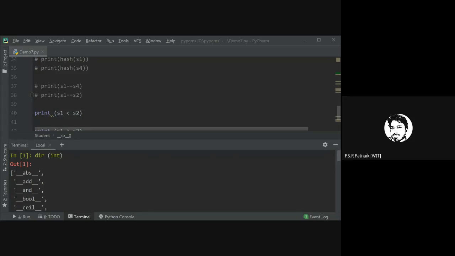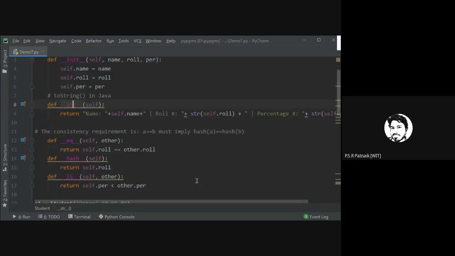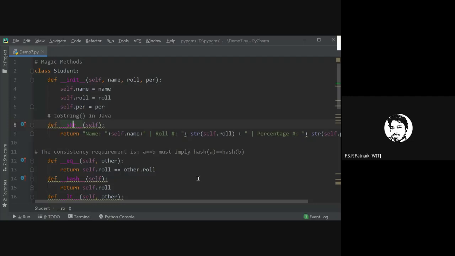Gurunath has asked: is it equal or similar to operator overloading in C++? Yes, you can relate it to that concept. For understanding, you can safely relate it to operator overloading. Go through the link which I shared, and you can now create a heap of edges, and define which edge is less and which is greater based on cost and all that. If time permits, someday we will revisit all those algorithms using these advanced Python data structures.